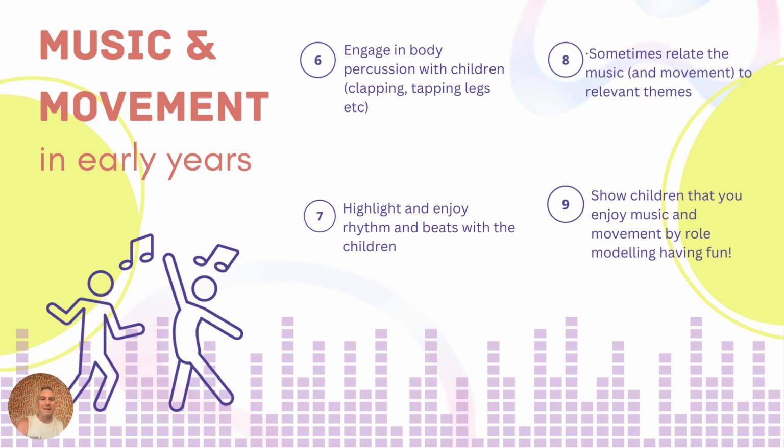Top tip number 6, engaging in body percussion. Using your body to make sounds with the children, clapping, tapping legs, tapping arms, with a rhythm, with a beat, etc. Clap your hands if you can hear me now. Clap your hands if you can hear me now,